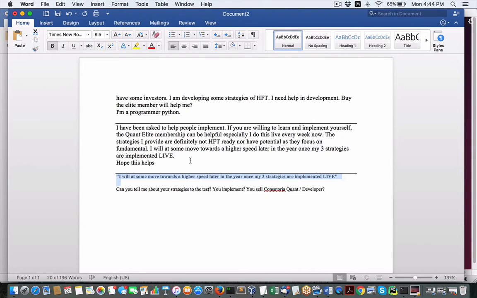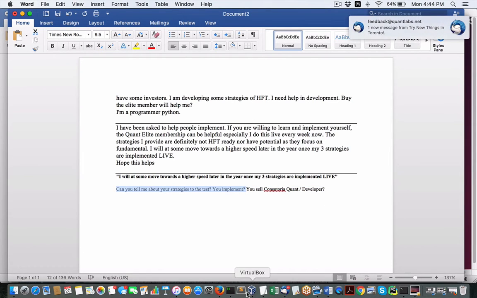Hope this helps. So he followed up with, he was asking about this last comment here. Can you tell me about the strategies to test, you implement, and then the last question regarding consultoria quant developer. Don't know what that is, so I don't sell what I don't know. So regarding this question, regarding these so-called HFT strategies,